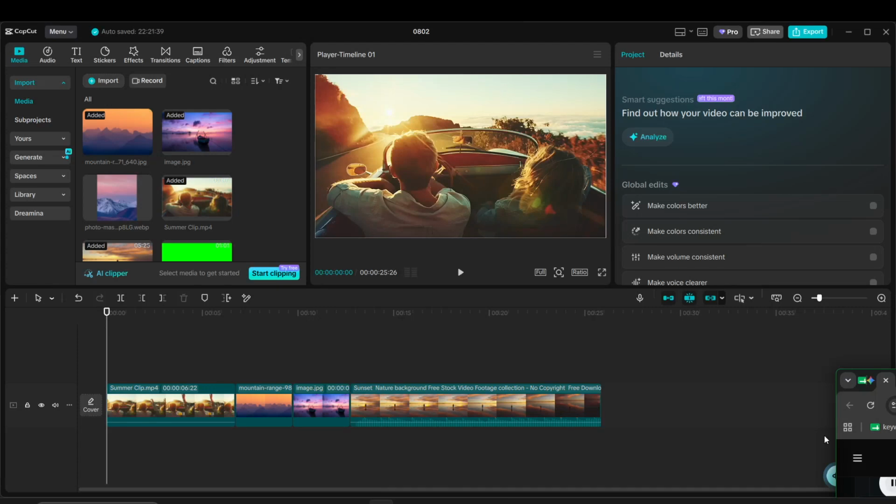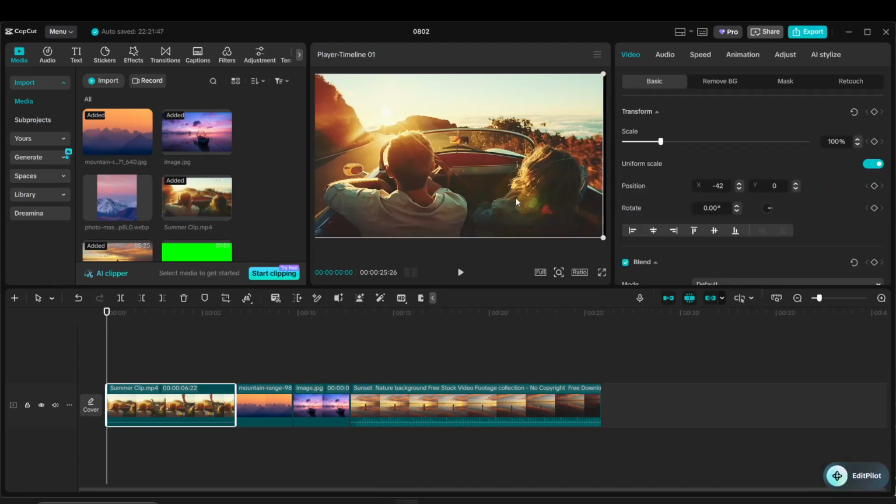In today's video, I'm going to teach you how to group videos in CapCut PC. If you need to link multiple video clips together so you can move them around on your timeline without messing up their spacing, this is one of the easiest and most useful tools to learn in CapCut PC. Grouping helps keep everything organized, especially when you're working with several clips that need to stay in the same position